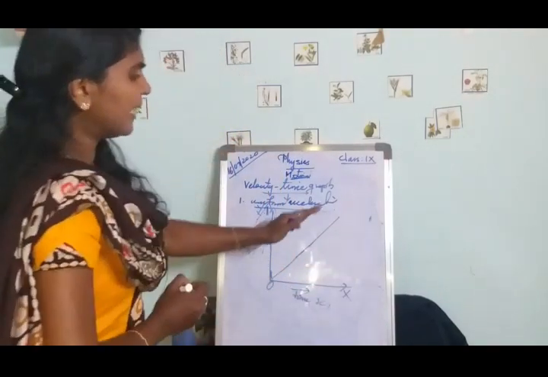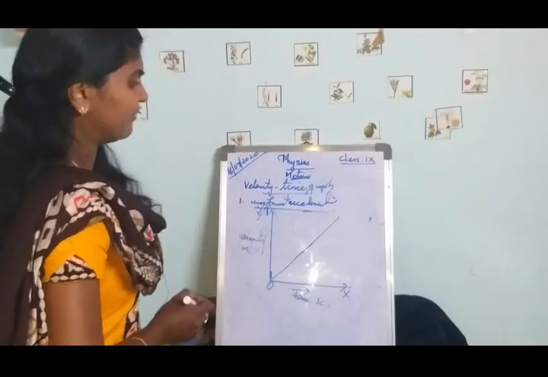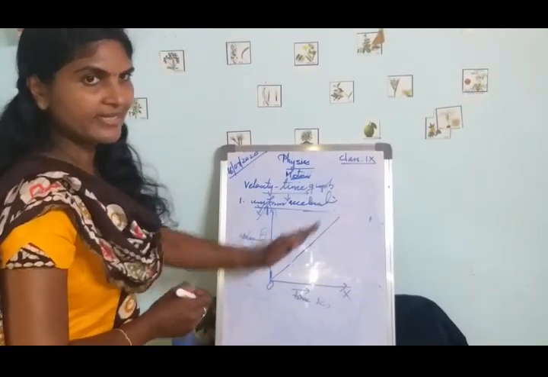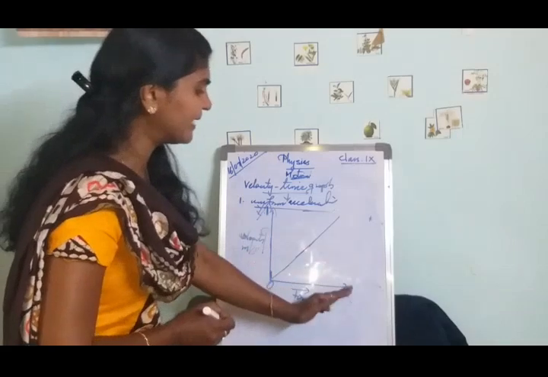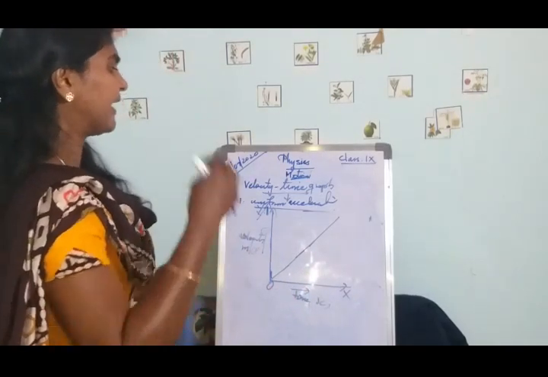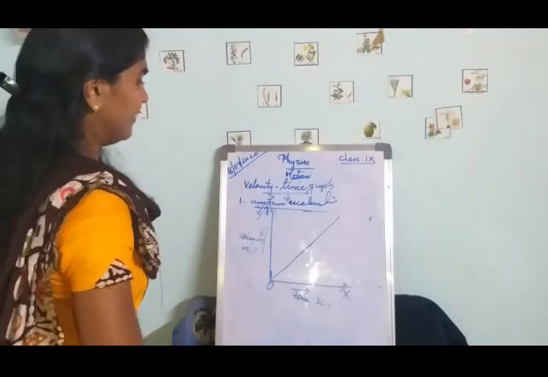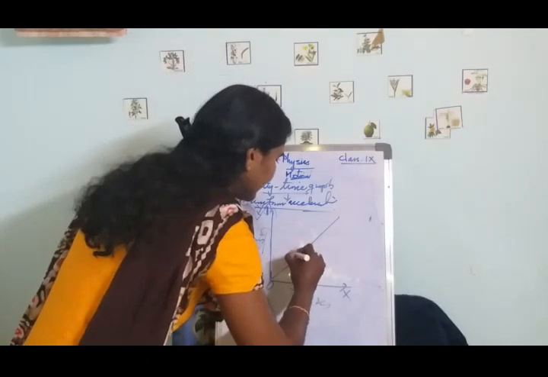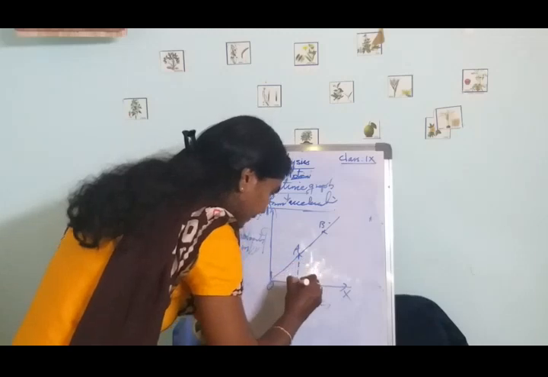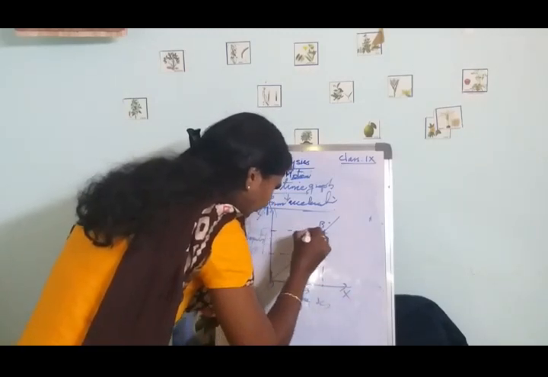This is the velocity time graph for an object in uniform acceleration. It is a straight line making some angle with the time axis. Here also we can calculate the distance travelled or the magnitude of displacement. For that we are considering 2 points on the graph, A and B, and we can draw perpendiculars towards the x and y axes.